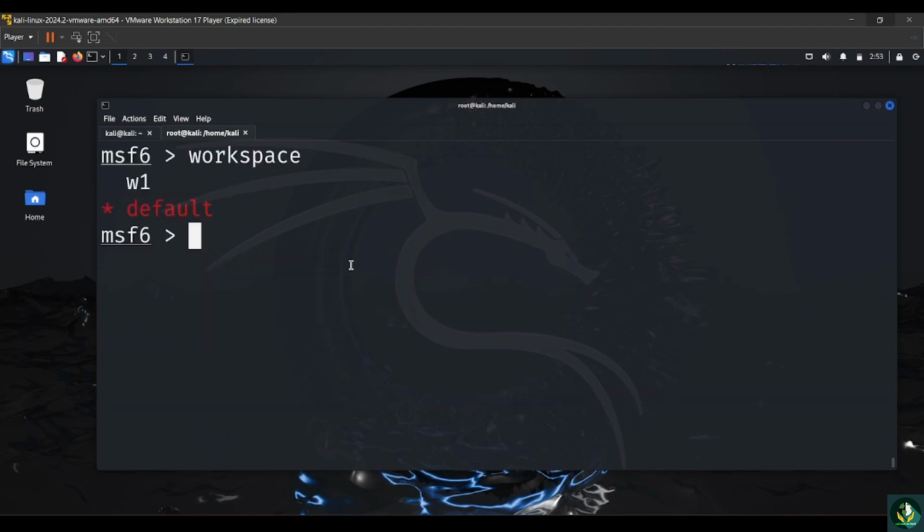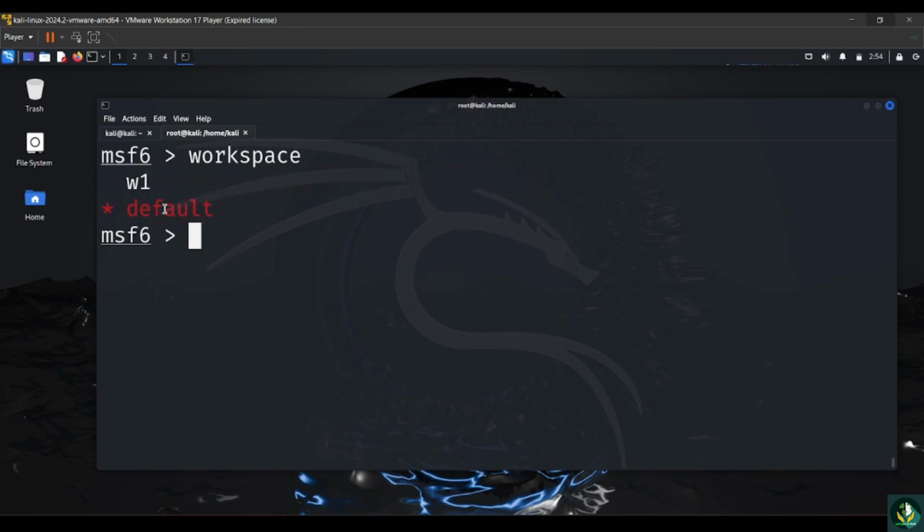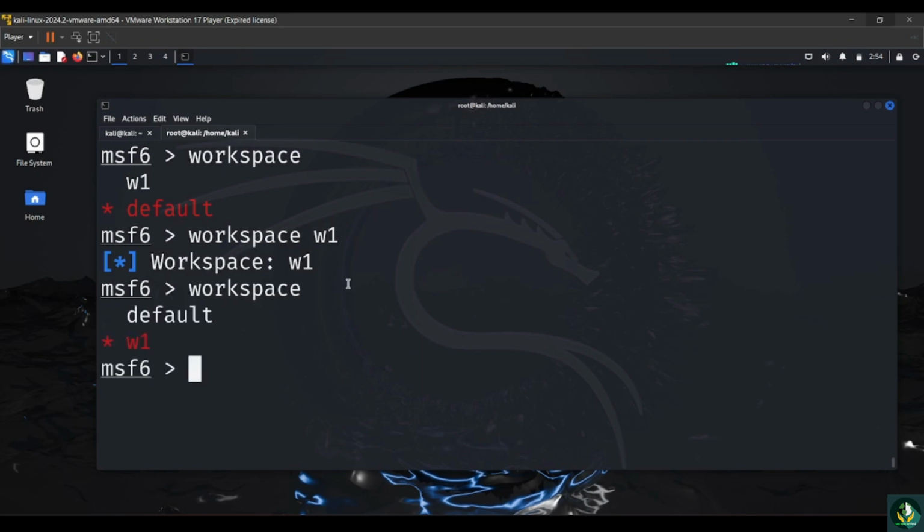So you will see a list of current workspaces. Initially, there may be only one workspace, that's the default workspace. You can see this red star as you're currently in this workspace. If you want to change your workspace, just type workspace w1. Then if you list the workspaces, you can see my current workspace